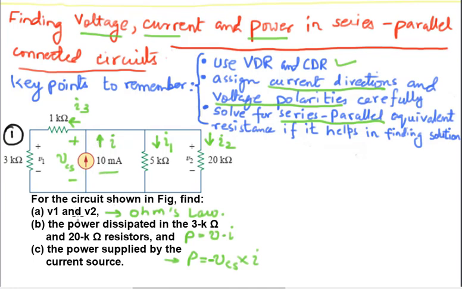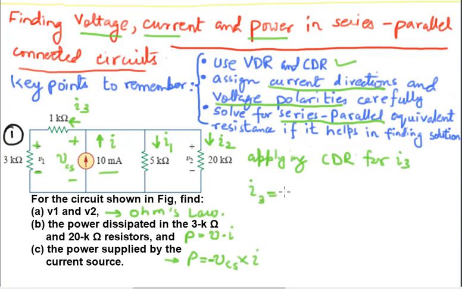Let's quickly solve them. The first one is V1 and V2. We need to find these two voltages. Now V1 voltage is over here, plus and minus, and it's actually related with I3. Let's find out I3 first. So applying current division rule for I3, it comes out to be